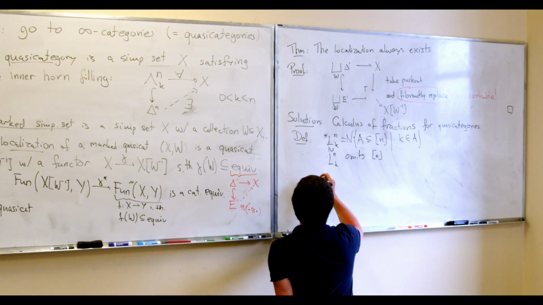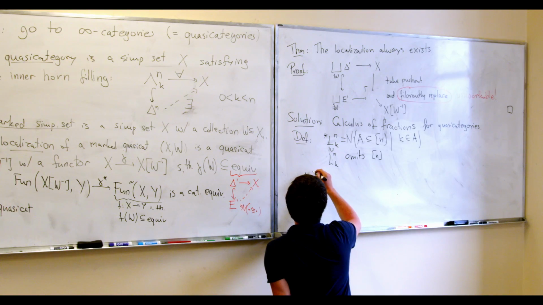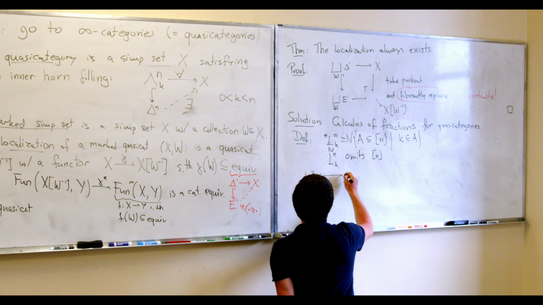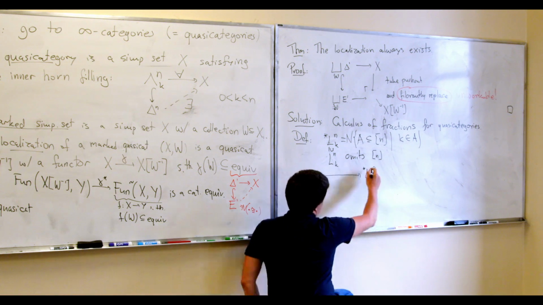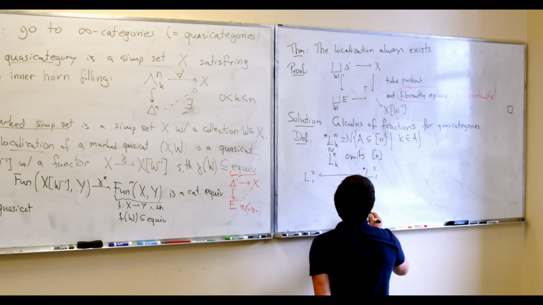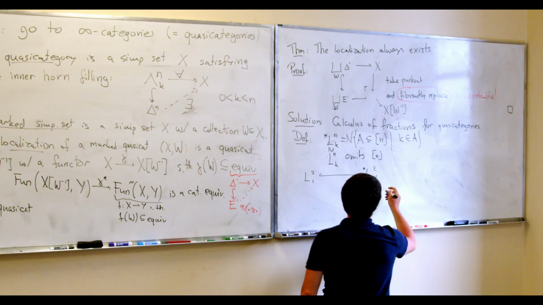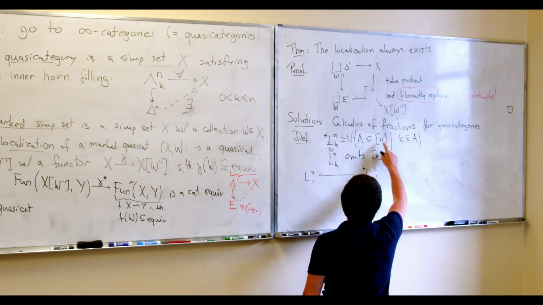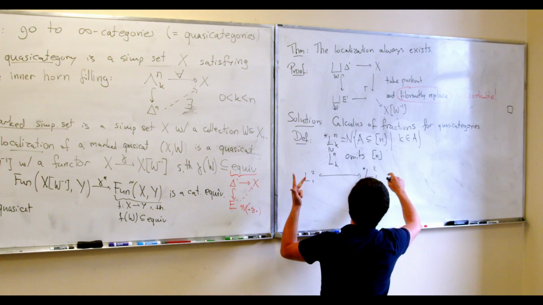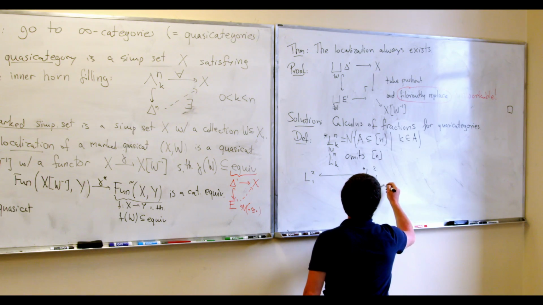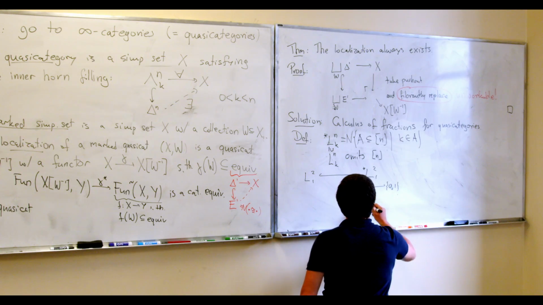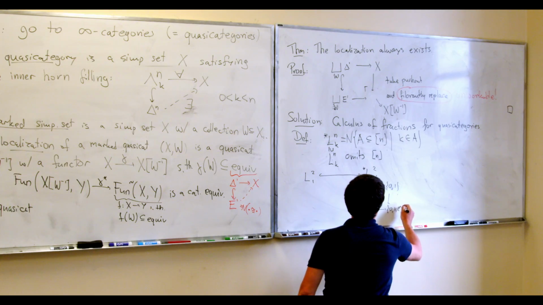Okay, so let's look at what this thing does. So I have two favorites personally. So I have L_{2,1} embedding into L_{2,1}^*. So let's draw this one first, since then we just remove some elements. Okay, so what are the subsets of the set with elements 0, 1, 2 that contain 1? Well, there's 1, then there is 0, 1, then there's 1, 2, and then there is 0, 1, 2.